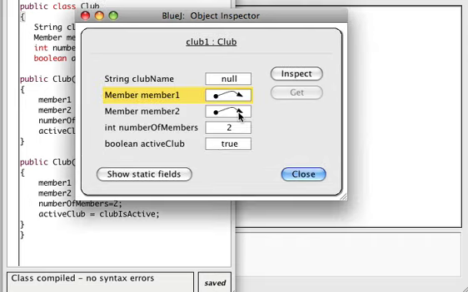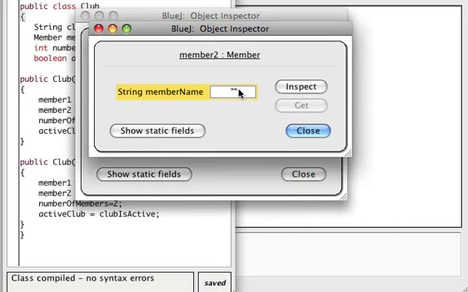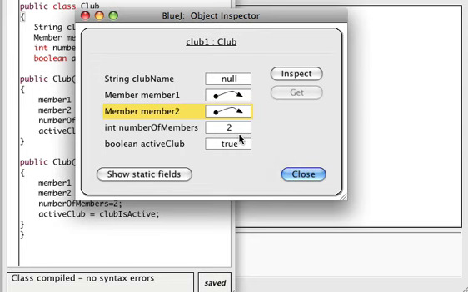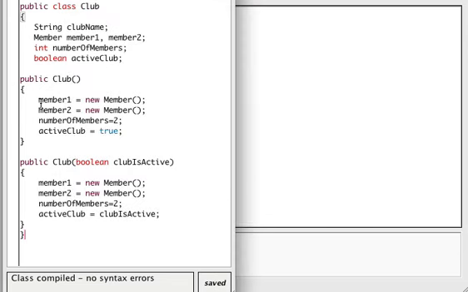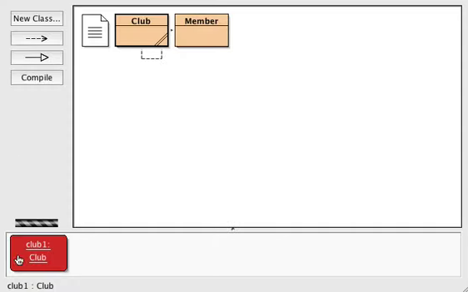it to. Here's the other one, and that's again the empty string. Okay, no surprises there. Number of members is 2, and this is an active club. It's true. These are all set here in the default constructor, which we called. Good. Okay. So let's come back here, and let's actually call